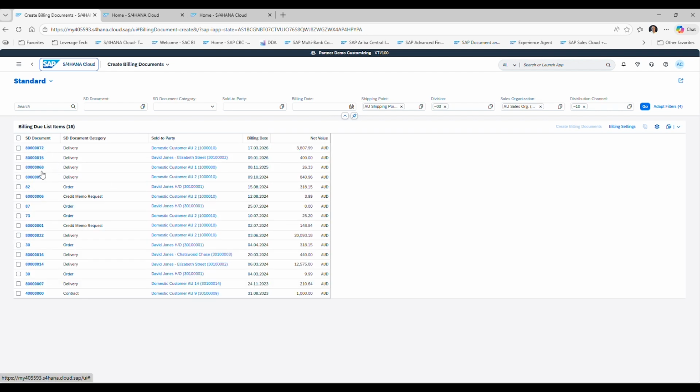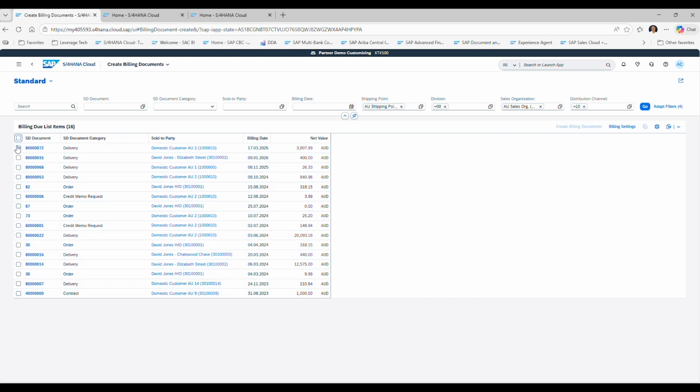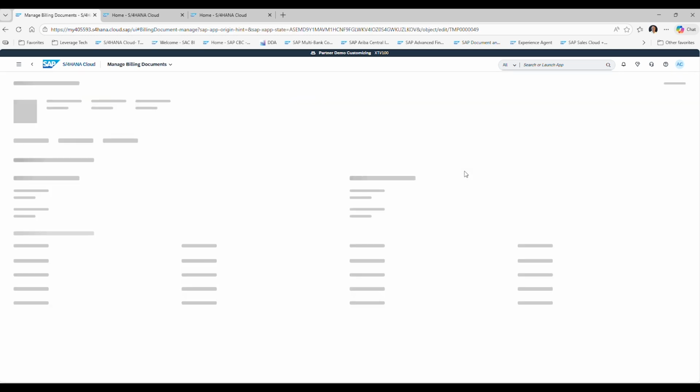And these are all of the billing documents that have been processed lately. Again, I could choose the lot, or I could just do today's one for the moment. Obviously, you can choose a range as well. So I'm keeping it simple, as I said. So I'm going to create the billing document,